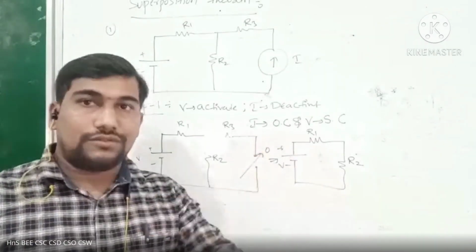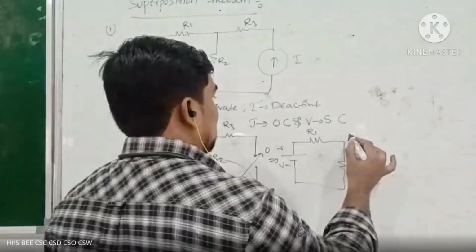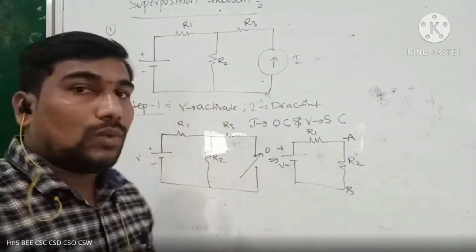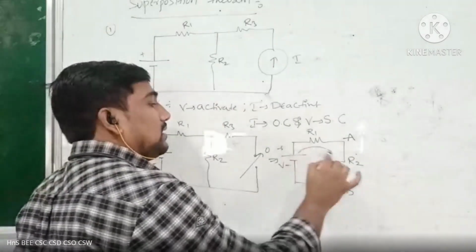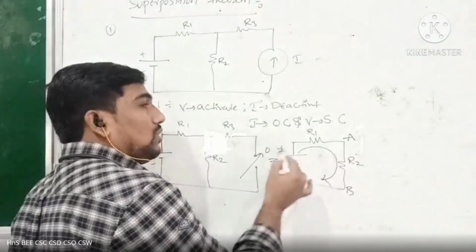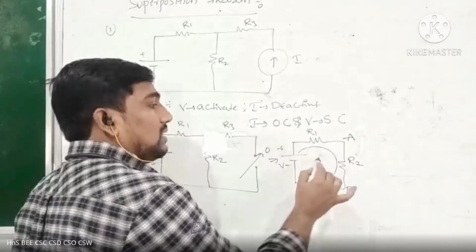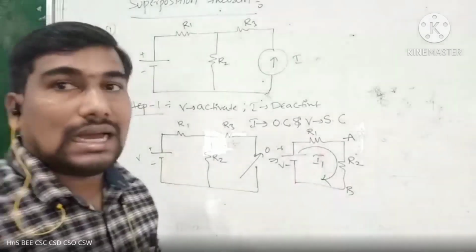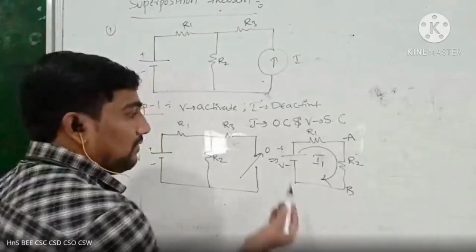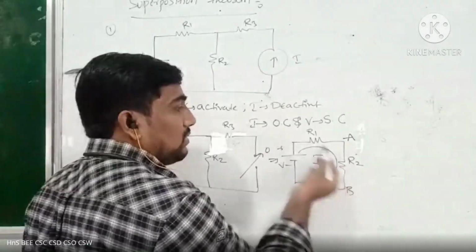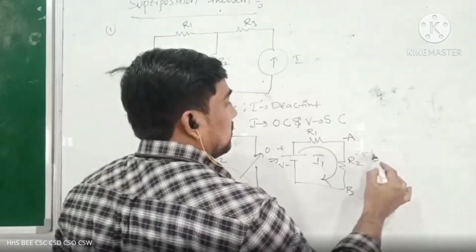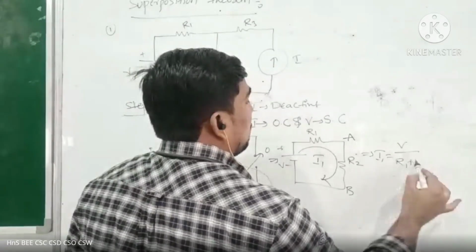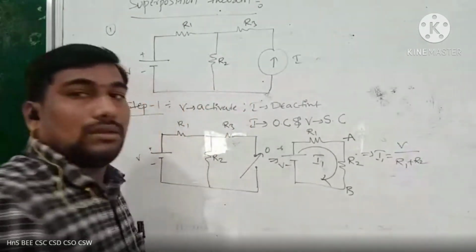Okay, now you have to find the current across R. For example, take this as A point, this as B point. Now what is the direction of current? I1 current, clockwise direction. Based on this voltage source, I am taking the clockwise direction, that is called I1 current. Now you have to apply the current formula. What is the current formula? We have some voltage and we have some resistors. Now you have to apply I1 equal to V by R1 plus R2, Ohm's law. You have to apply Ohm's law.